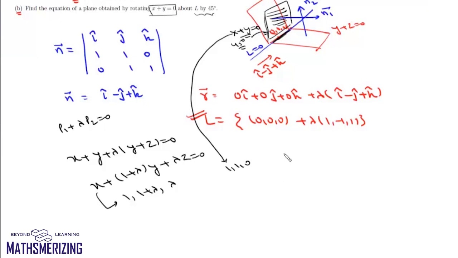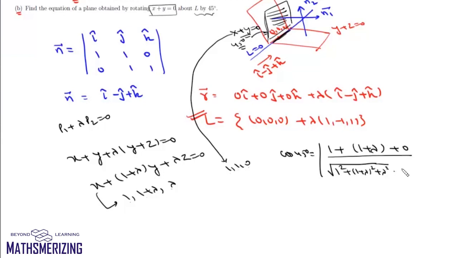So we can write cos theta, which in this case is cos 45, and it'll be (a1 a2 plus b1 b2 plus c1 c2) upon under root of (a1 square plus b1 square plus c1 square) into under root of (a2 square plus b2 square plus c2 square), which will be root 2. Now cos 45 again is 1 by root 2. So this root 2 will cancel. Now we can square it.